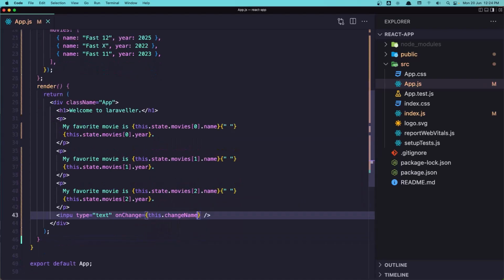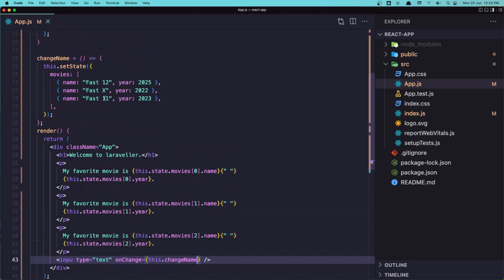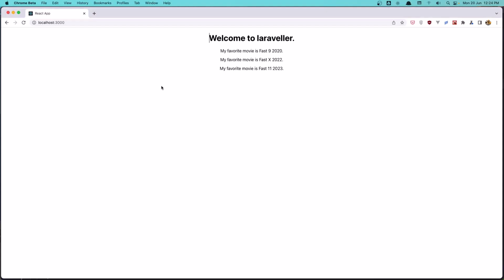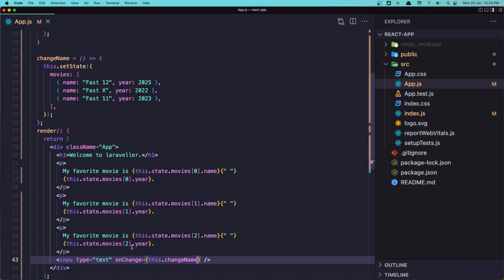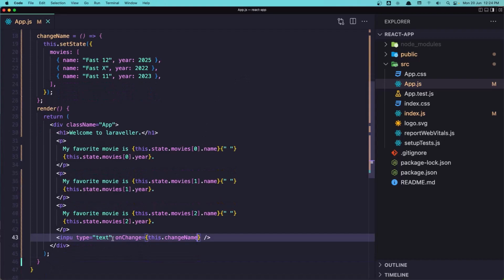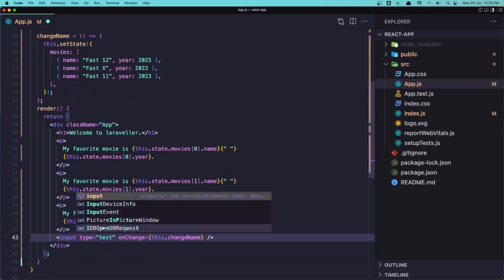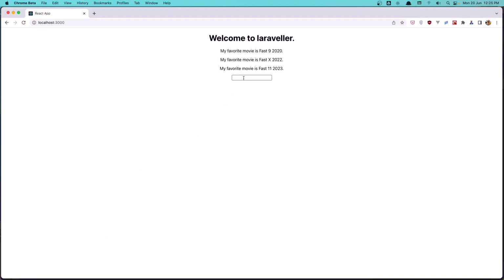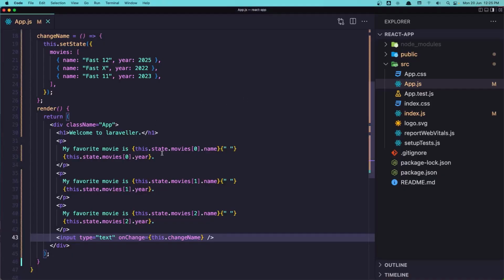If I save now, what it's going to do is going to do the same thing we did with the button. It's going to update and say fast 12 2025. And input type text. Input, not input, input like this. And now if I type something here, it's going to update immediately to the fast 12. But I want to update what we added here. I want to update the name. So for that,